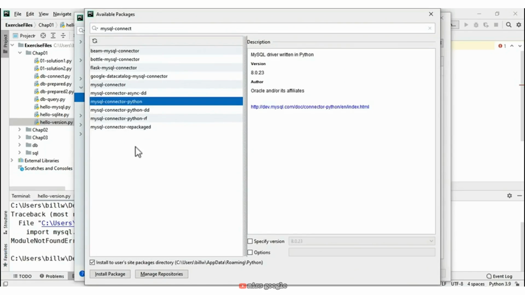You notice there are a lot of choices here. This is the one that you want. It says version 8.0.23 for me. It'll probably be a later version for you by the time you're watching this, and that's fine. But it's the one that says MySQL connector Python. And you need to make sure that you check the box down here that says install to user's site packages directory. If you don't select that box, it's not going to work. That sets up this module for the site Python, the system Python on your machine, which is the one you're using. So I click Install Package,